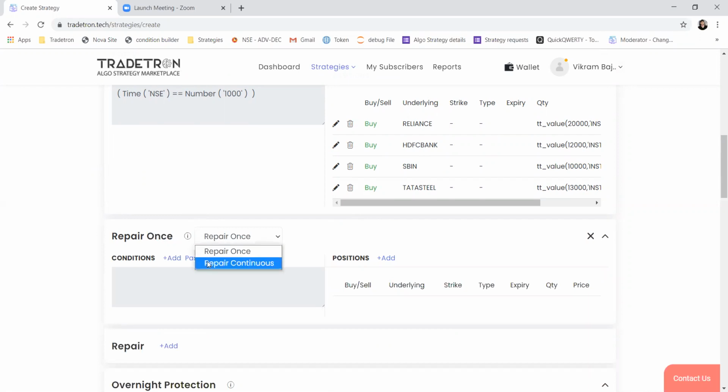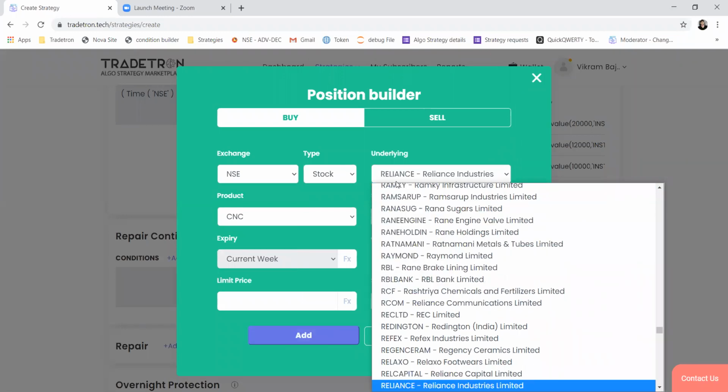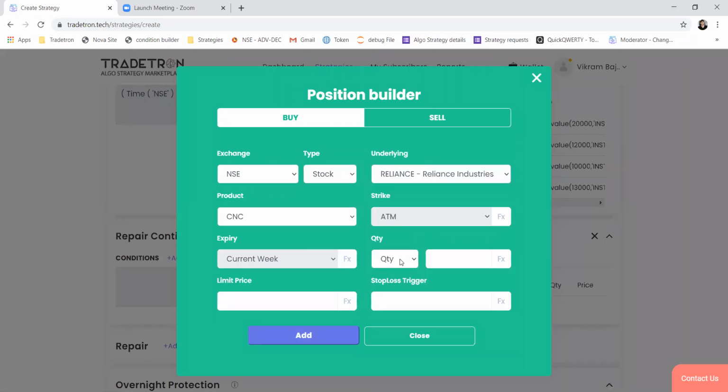So we can use a repeat continuous. Repeat continuous is a condition which will take the trades every time the condition is true. So we'll first add the positions. We'll add the similar or the same stocks here. So let's say Reliance. Now on a monthly basis, I want to just add 5,000 worth of Reliance.